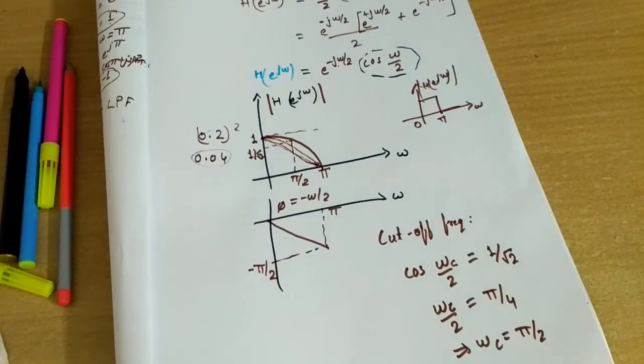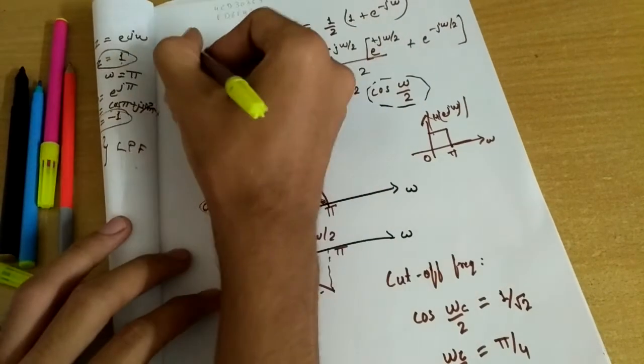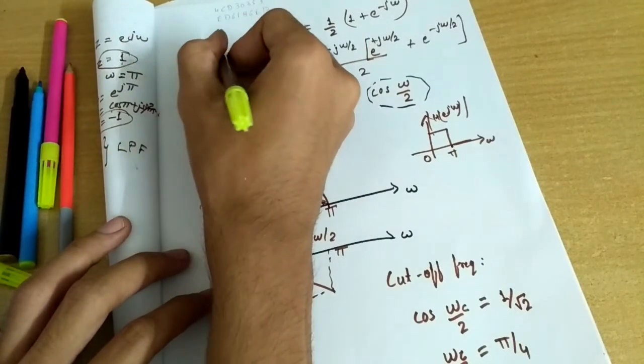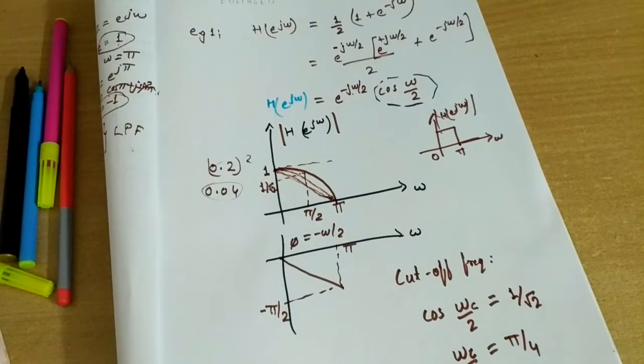So this is the way. So this is the simple design of a low pass filter, which was our example number 1. Now we will be discussing example number 2 in the next video, which is our high pass filter, and then we will be considering band pass, band stop and all pass, and all these things we will be considering for IIR filters as well. So stay tuned. Thank you.